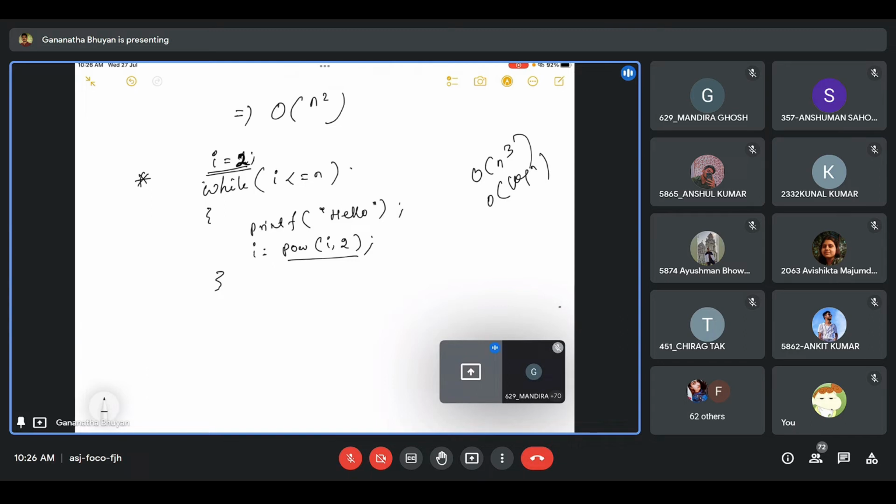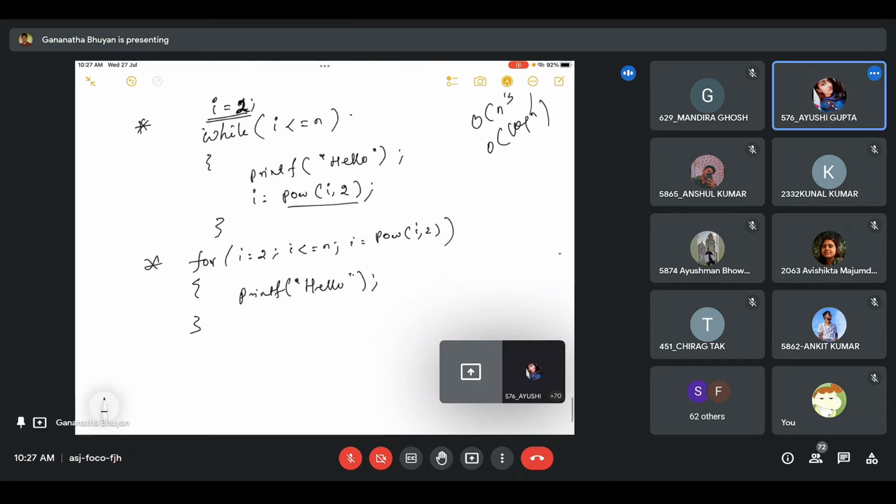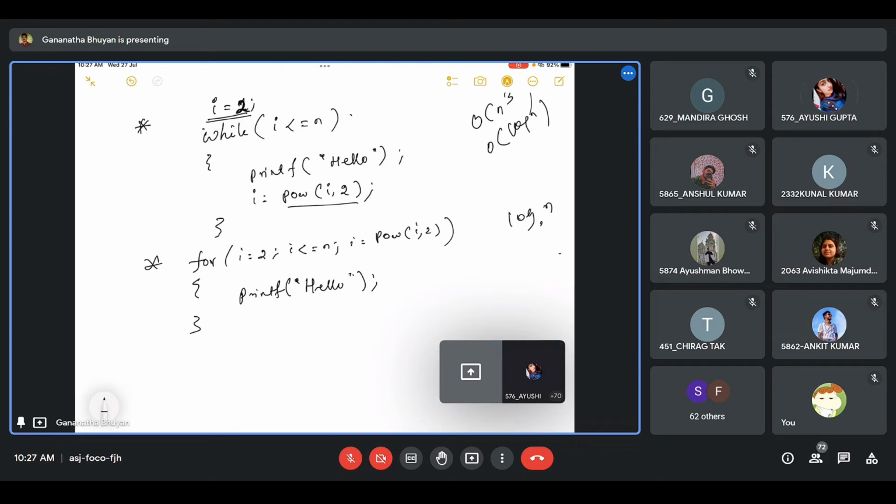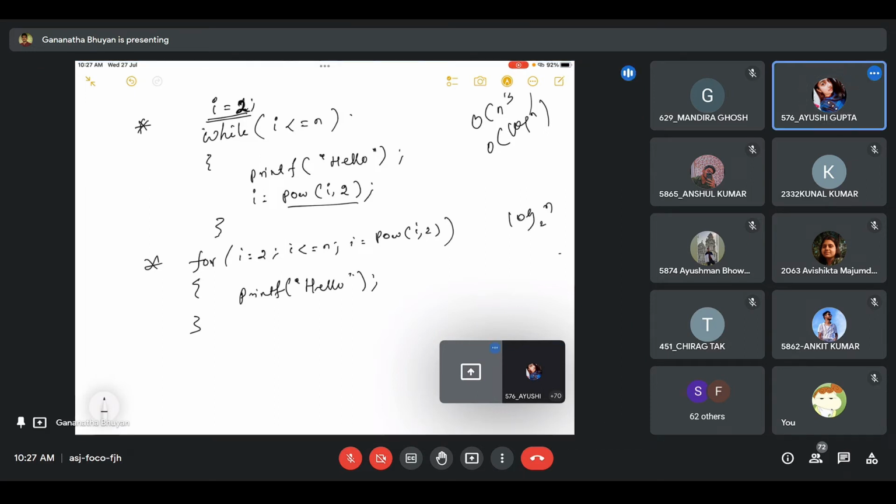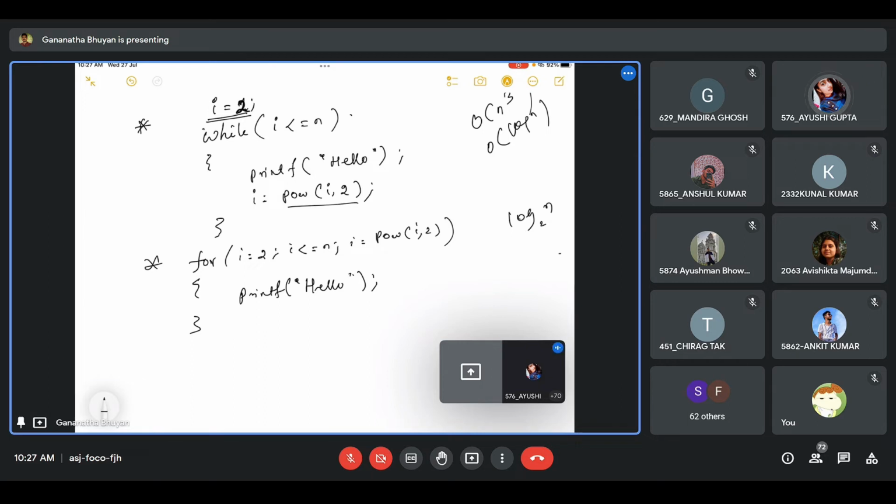इसको हम सिंपली फॉर समझ में आ रहा है ना, अभी तक फॉर में देख रहे थे, अभी वाइल में देख रहे हैं। while i = 2, i <= n, i = i to the power i, printf hello. किसी भी तरह का लूप आ सकता है। log n to the base 2. वही तो ऊपर लिख चुका हूँ ऑलरेडी मैं।